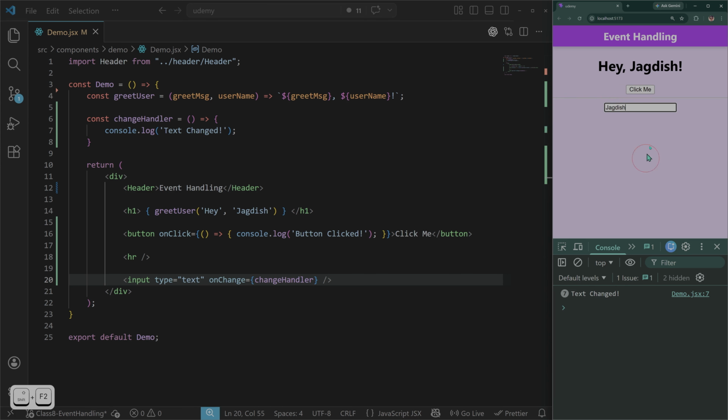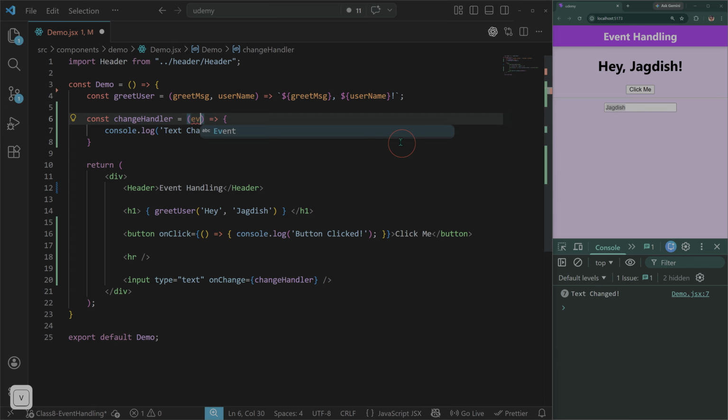Next, I want to capture whatever the user is typing in this text box and log the same value here in the console. Now, how to get that? For that, we can take help of event arguments. To all the events, JavaScript or React automatically passes a special parameter which holds the event details. So to this change event handler also, it passes the event argument automatically, which we can capture here,